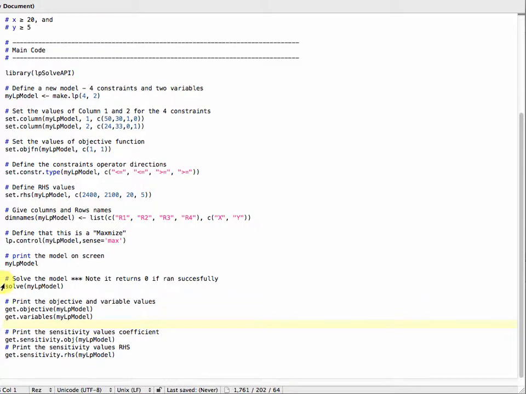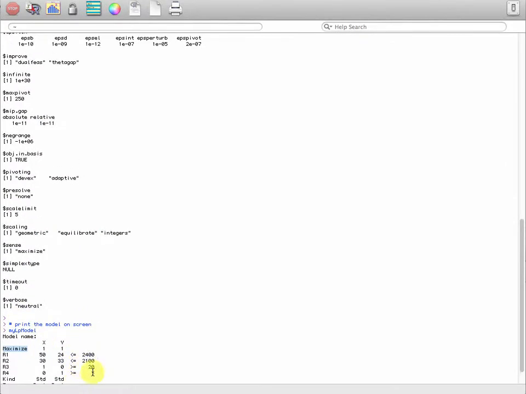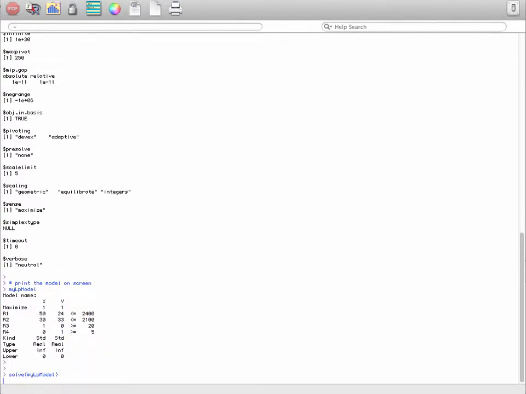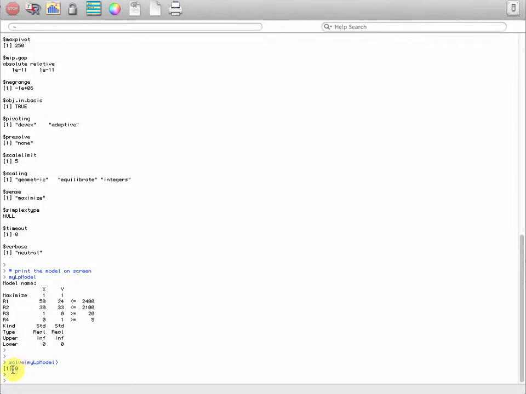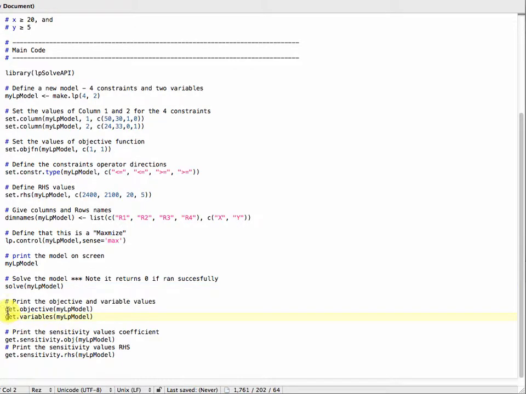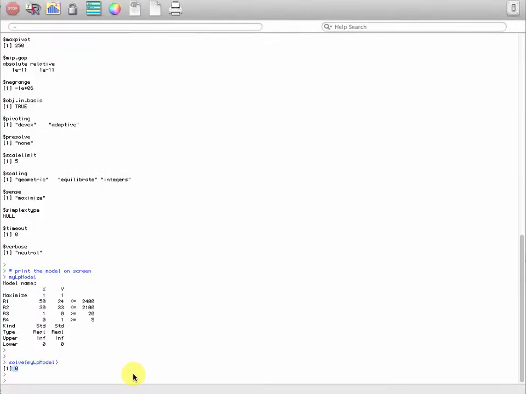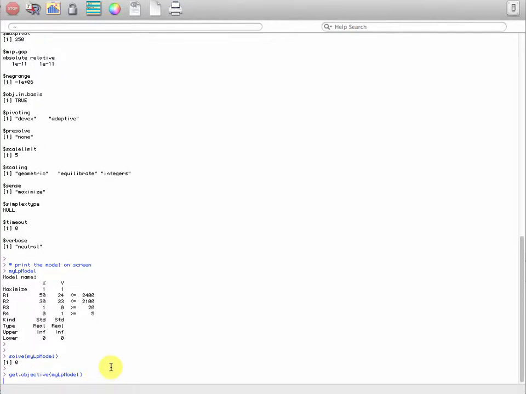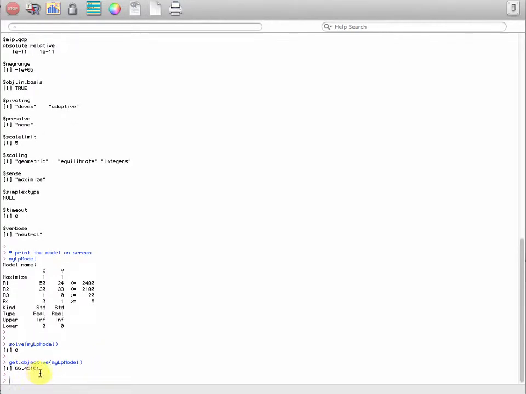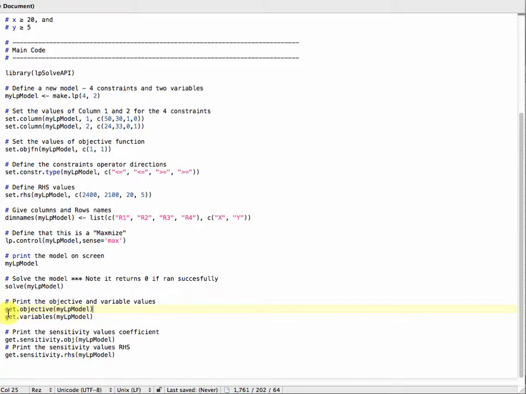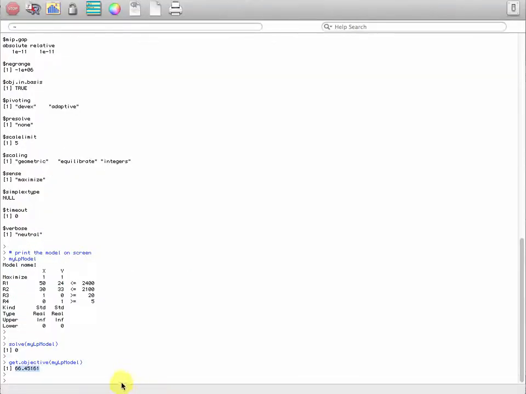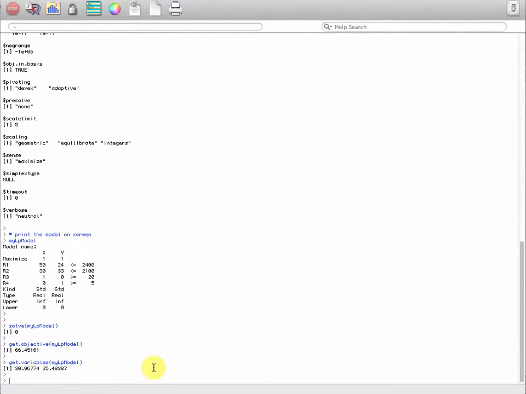Next, I simply run the command solve, and it returns the value 0. That means the model was run successfully. And next step is I get the value of the objective function, and when I do that I get 66.45161. Next I print what the values of our variables x and y are. So I say get.variables of my model, and they are 30.9677 and